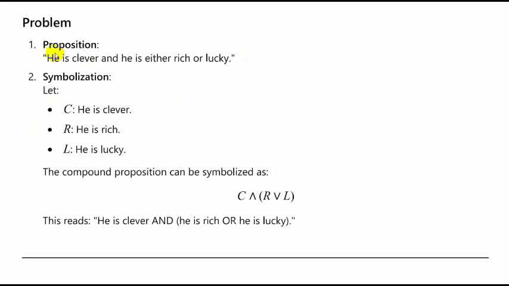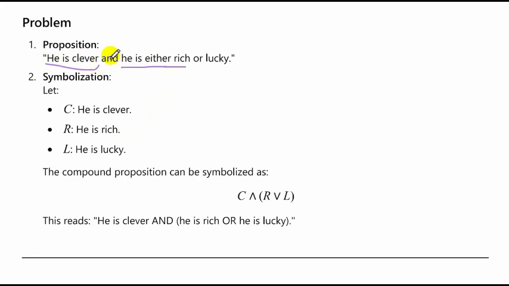The statement that was given was: he is clever and he is either rich or lucky. The question was to identify the following compound proposition, symbolize it, and construct a truth table for it. So the proposition is: he is clever and he is either rich or lucky. Let's symbolize it. Let C be he is clever, R be he is rich, and